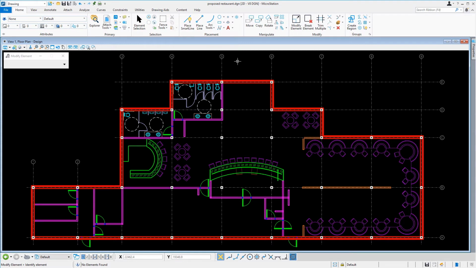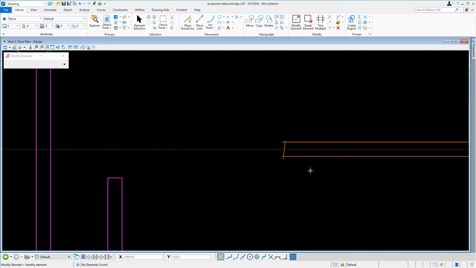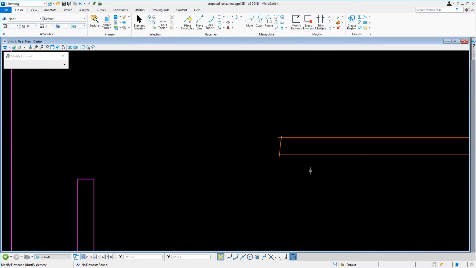As we begin here, our first task will be to modify a partial height wall. So let's zoom to the area near column B7. It is here that you will find a partial height wall. Upon taking a closer look, you will notice that the end cap for the wall was not properly snapped to the endpoints of the wall. You will need to utilize the Modify Element tool to come in here and fix the end cap, ensuring that